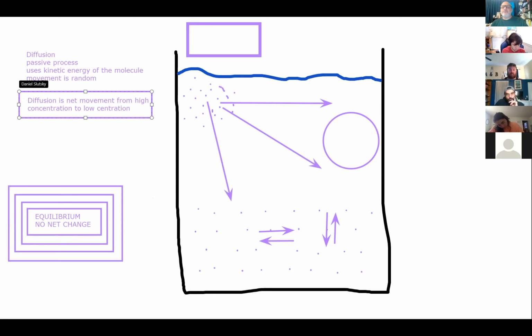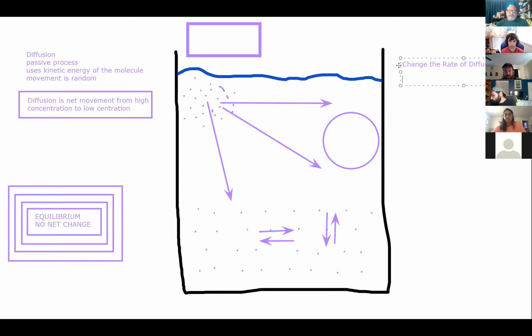Now, that doesn't mean that all diffusion is equal. We can change the rate of diffusion. What kind of things can I do, or what kind of factors will change the rate of diffusion? Heat, temperature, mechanical. Okay, yes, you're right. If I'm making Kool-Aid, one of the things I'm going to do is I'm not going